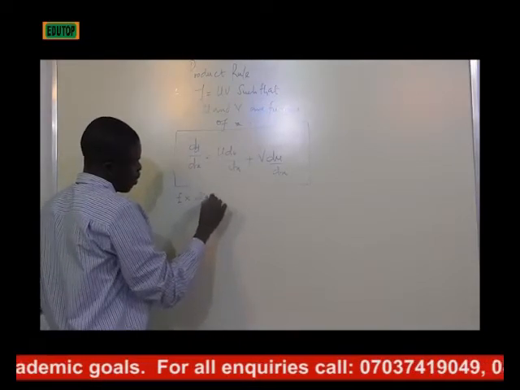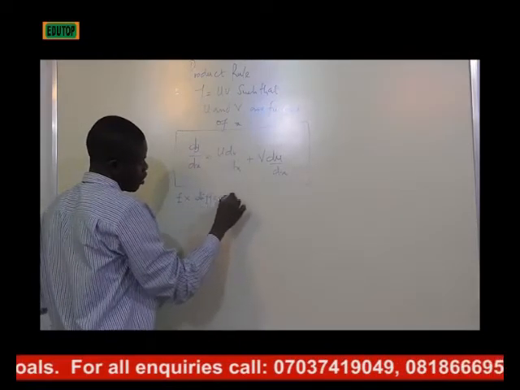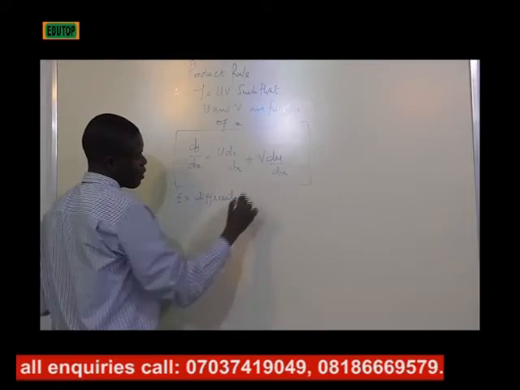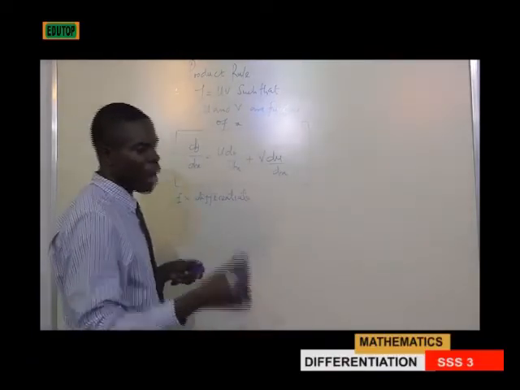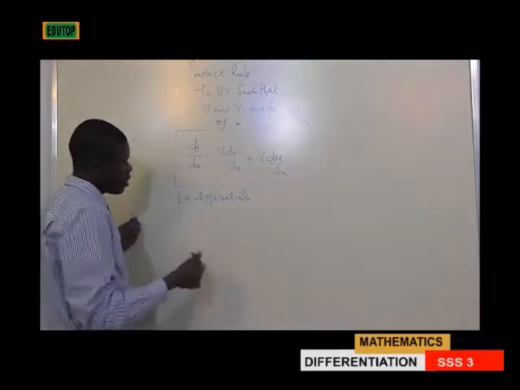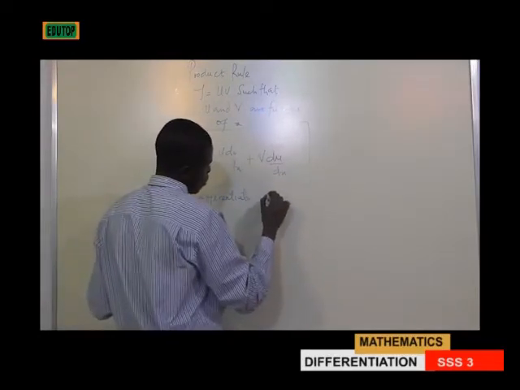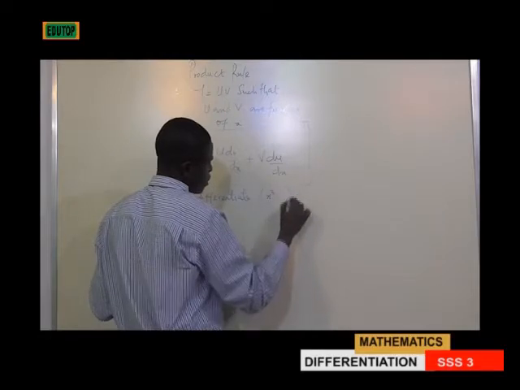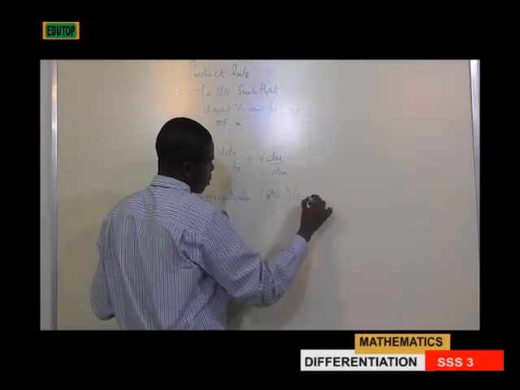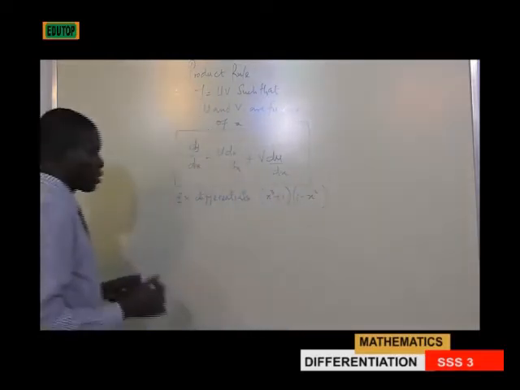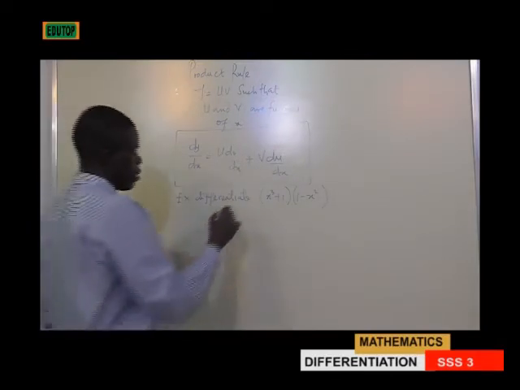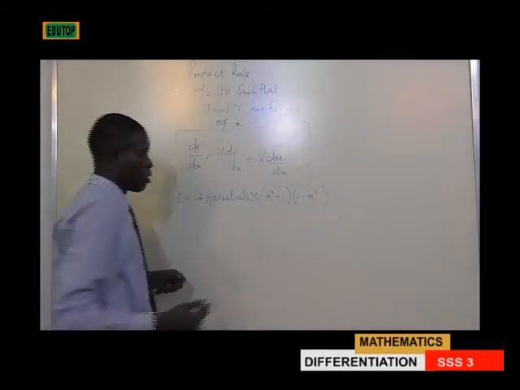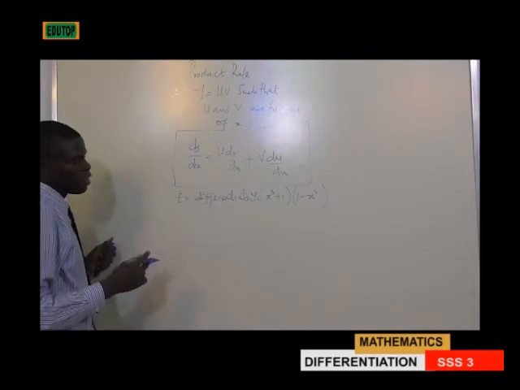Differentiate. Or they can say find dy/dx. It is not necessary they have to tell you differentiate. Sometimes it can be asked as dy/dx or f prime of x. So differentiate x squared times x cubed plus 1, times 1 minus x squared. You have to differentiate this. y equals to this. Then if you have to differentiate this,